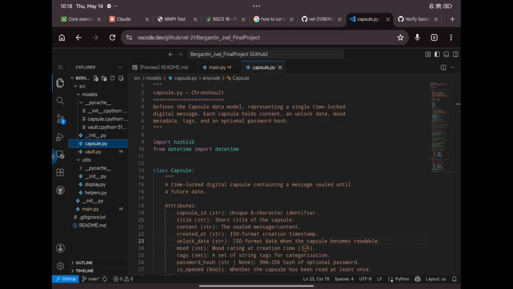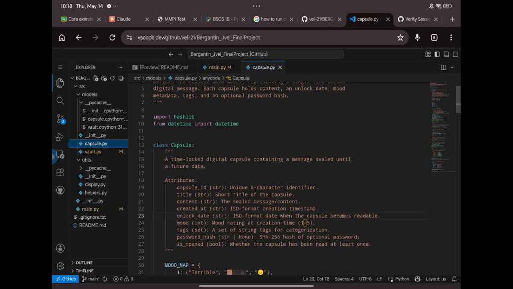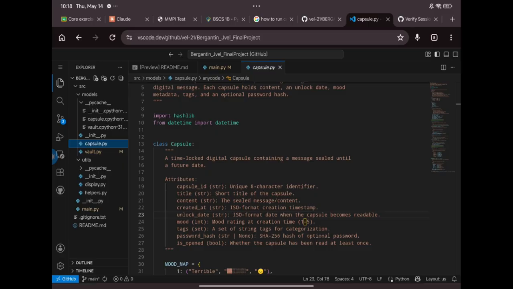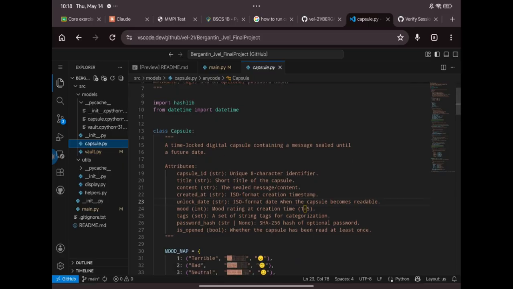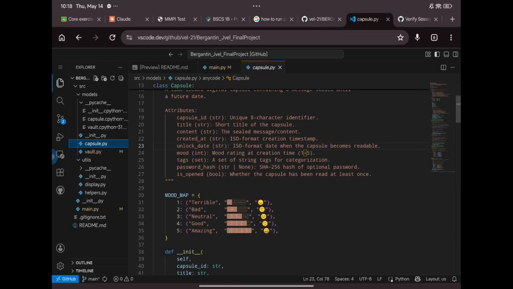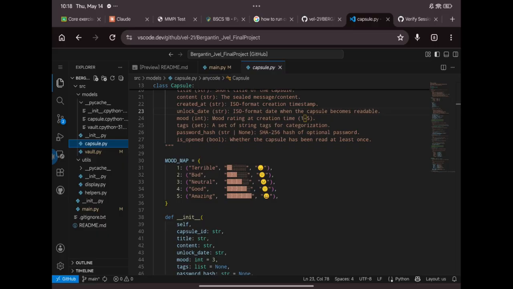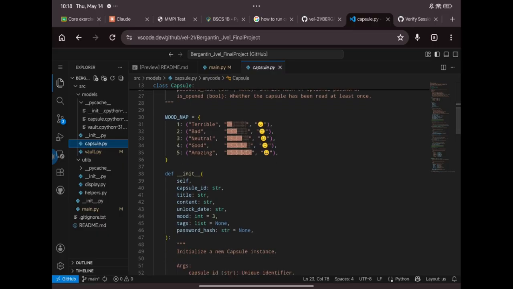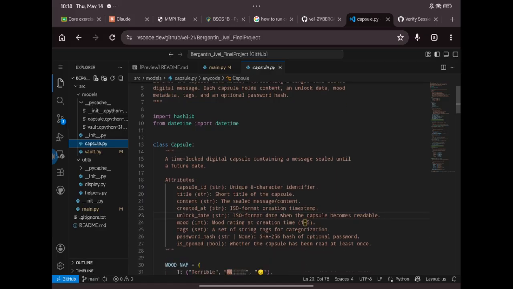The capsule has attributes, like the properties of the capsule. You can see here: capsule ID, title, content, created at, unlock date, mood, tags, password hash, and is open. These store all the information about one capsule.